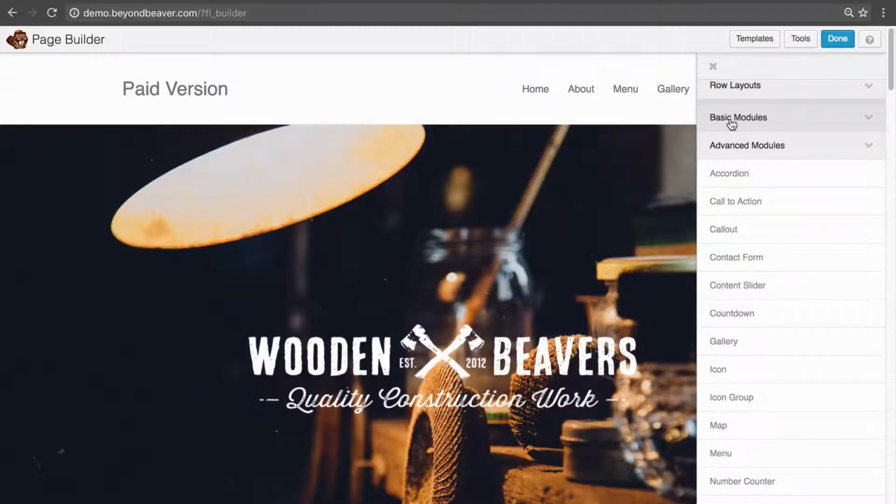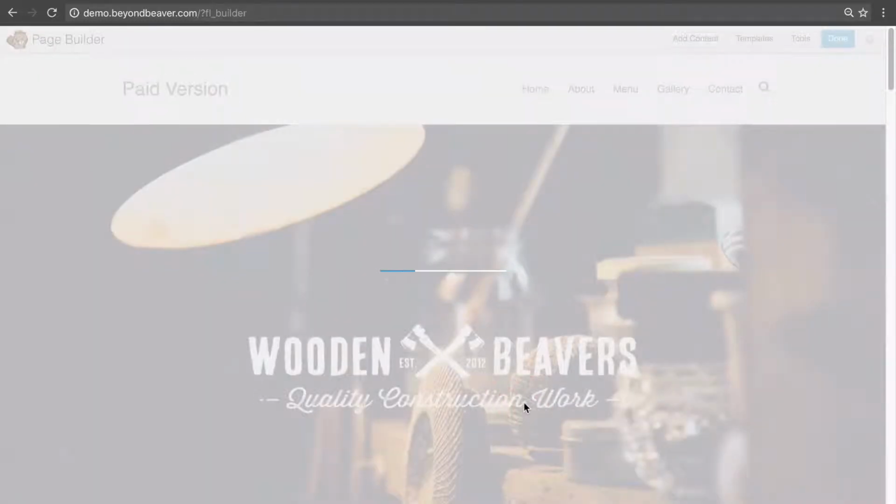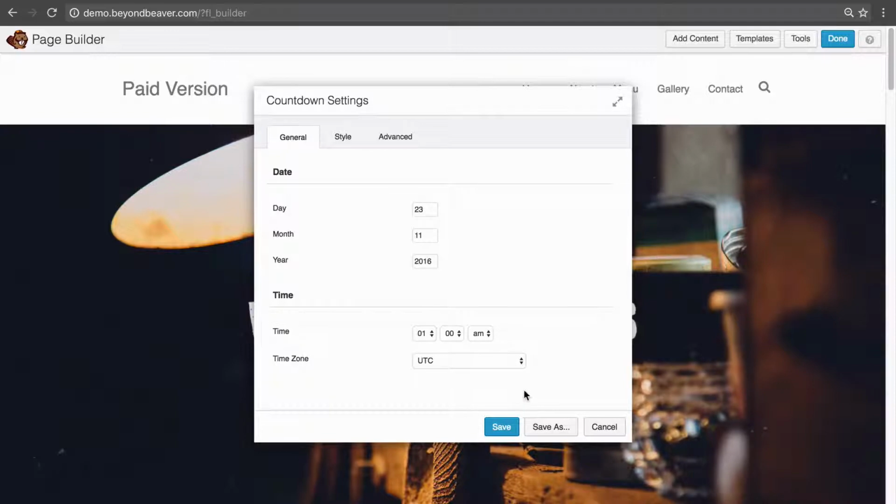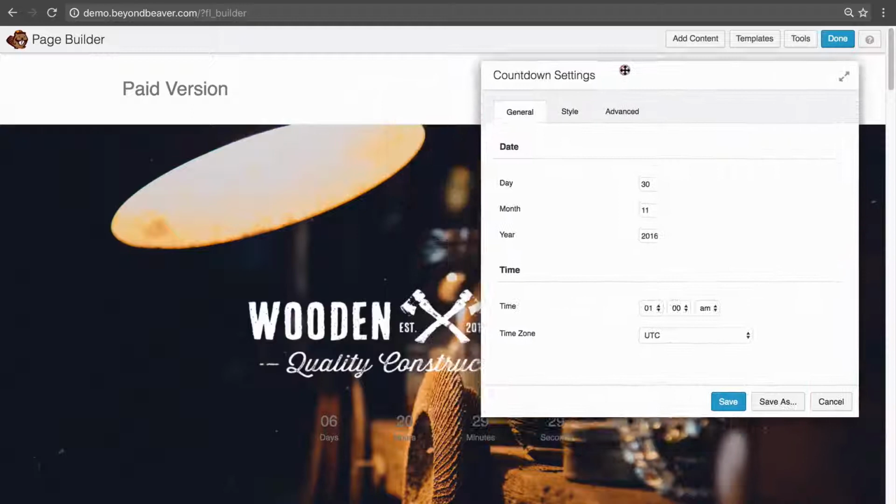One that I use time and time again, especially as I'm approaching the sales season and I'm offering a discount on my products, or you might be doing this too, so this might relate to you and your website, is the countdown timer. So if we just drag that into the row here, you'll see it pops up and we can count down to a specific day and a specific time. So let's just say we're counting down to the end of the month. So because we're in November, the 30th of the 11th, 2016, if I just drag it across,